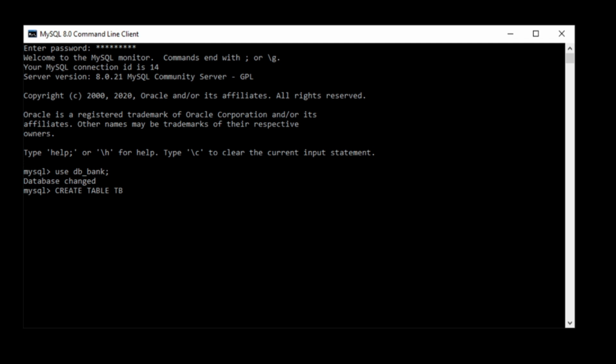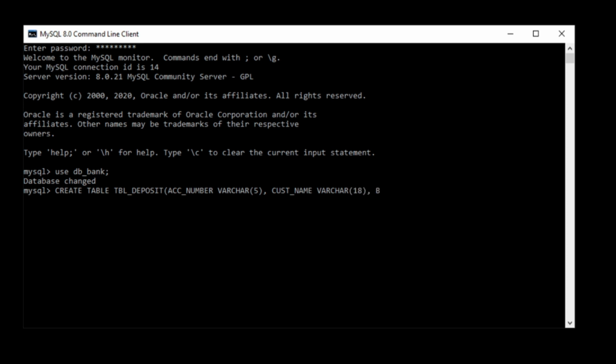Create table deposit. The first one is the account number. The data type is varchar and the size is 5. And then the next one is the customer name. The data type is varchar and the size is 18.